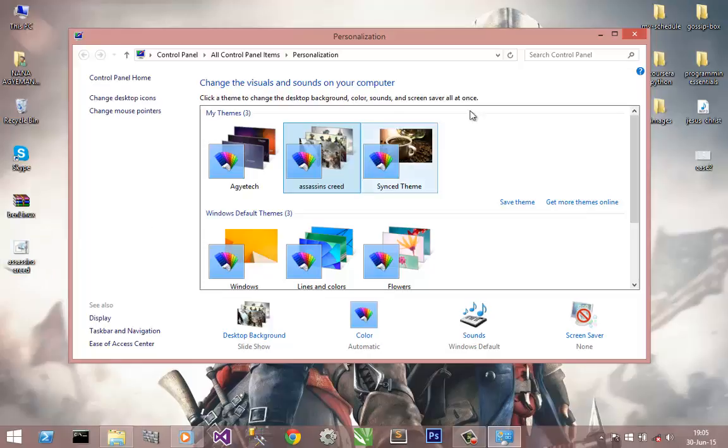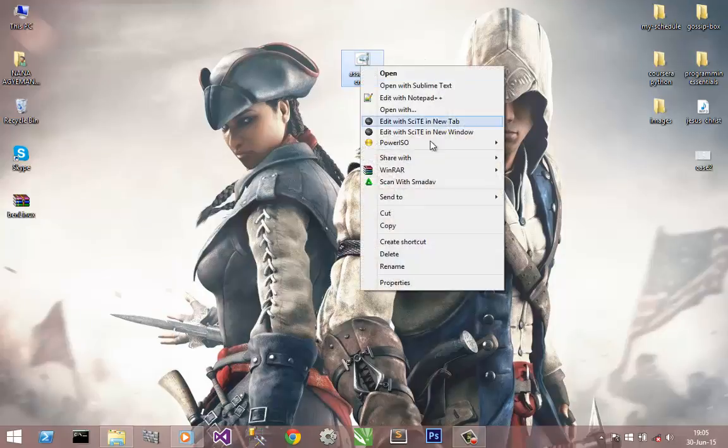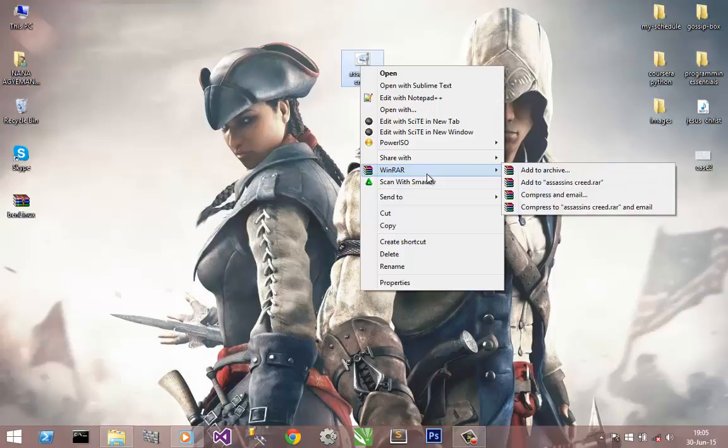We have the theme, we can share with them, but it's mostly advisable for us to keep these particular files inside a zip file, or we need to zip it. We can do that by right clicking on it, going to WinRAR or any zip software or program that we have,